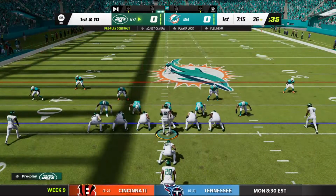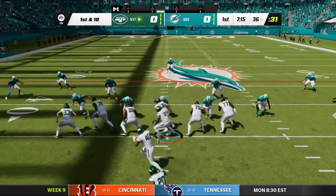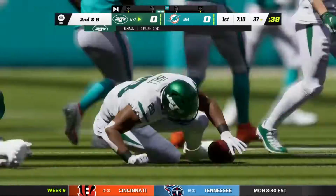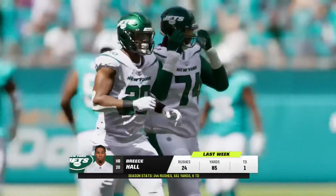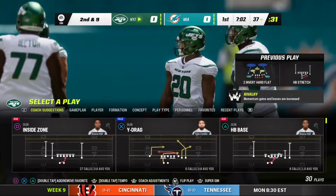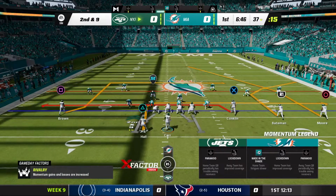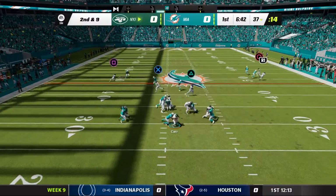They're led out by their quarterback out of Fresno State, Derek Carr. They'll start on the ground. Hall. And space tough to come by there. And so get maybe a yard to the 37. But taking a look at Hall's numbers from a week ago. 24 carries, 85 yards, and a touchdown. And as we discovered and talked with the coaching staff prior to the game, going up against a team this...